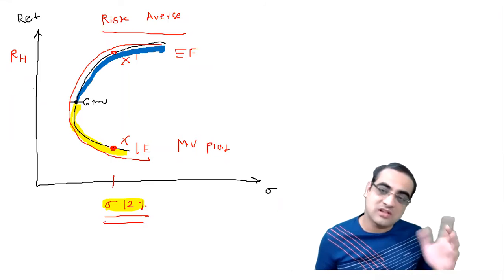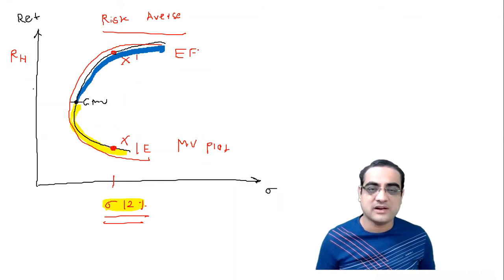Okay. I believe this kind of introduction should be good enough, but let me still quickly recap it. Horizontal axis, risk, which is sigma. Vertical axis, return, which is expected return. For a given return, you ask the computer, please give me the portfolios which could give me this return. The computer will give you 3-4 portfolios, and as a risk-averse investor, you will choose the one which offers the lowest risk. Then you do the process for other returns also, and you get a graph which is a plot of the lowest risk portfolios for specified returns.